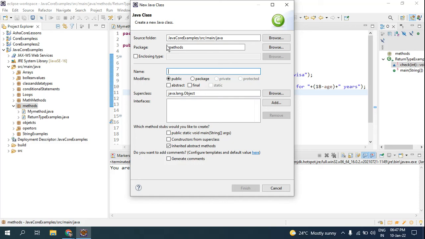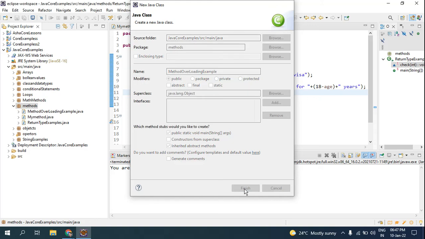So I'll take the example now. I have created the method overloading example.